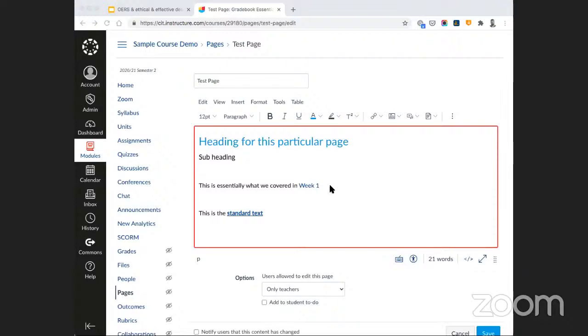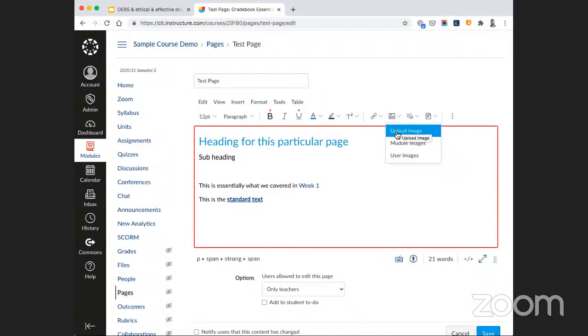Another suggestion is to use related media as appropriate. Within Canvas, there's a number of different ways to add in additional material. One option immediately is this image option up here. Inside a page, a unit, an announcement, an assignment, a discussion, anywhere where you see this rich text editor, you can click on the image option up here,